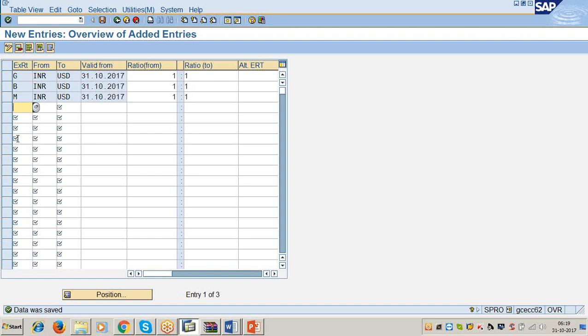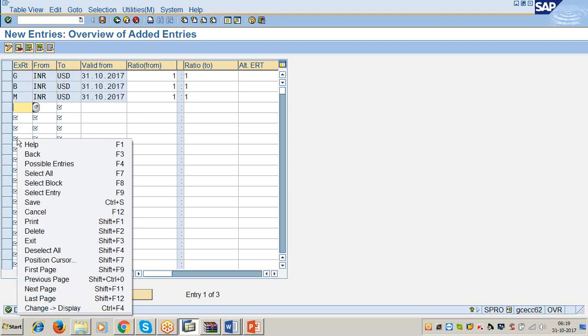Exchange rate type is equal to B. From is equal to USD to INR.